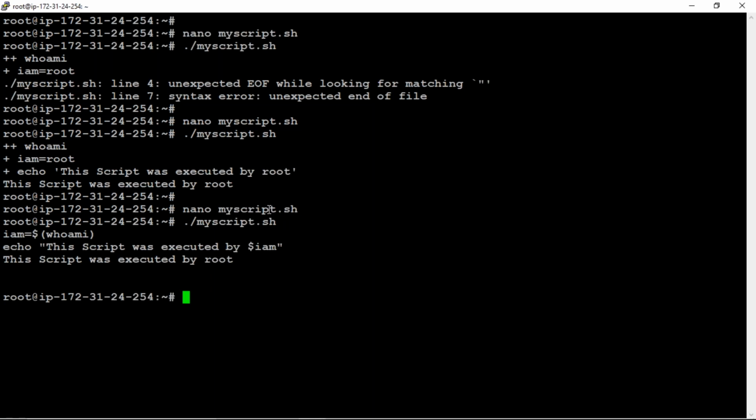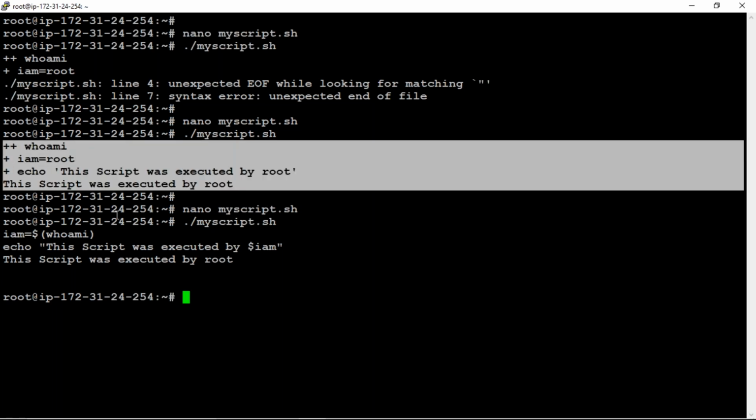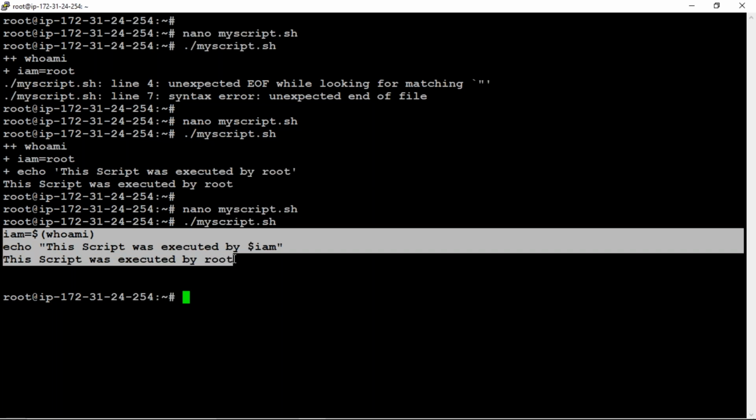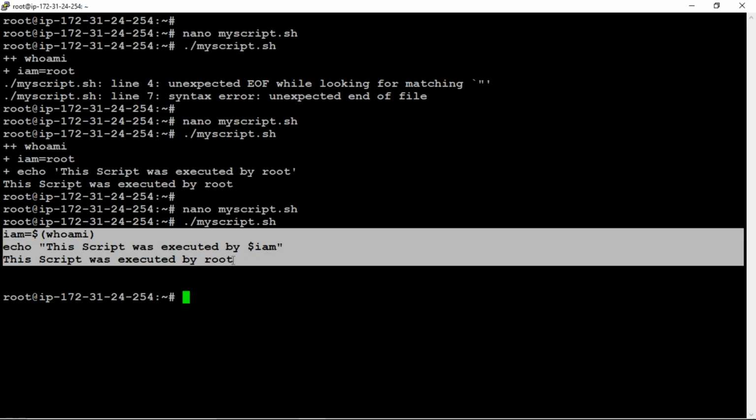See what you got. Just observe the difference between the previous output and this output. So what is the difference? Can anyone differentiate between the two outputs?